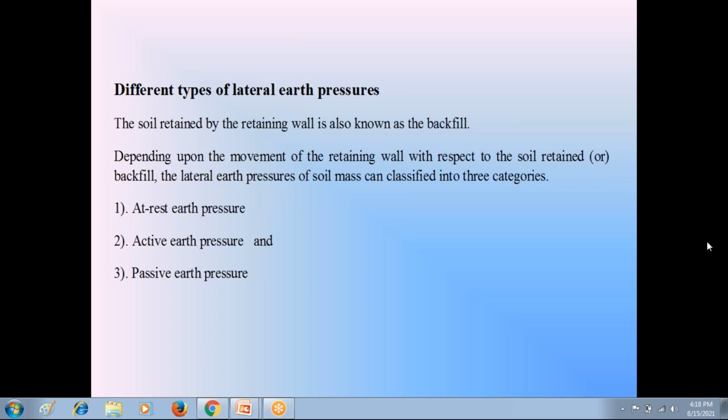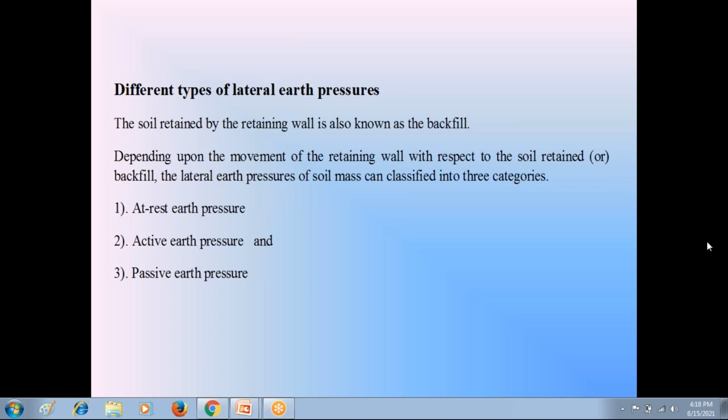Then, in between the wall, why are the holes provided? Those are the weep holes to allow water to move freely in the downward direction. Without those weep holes, the water remains at the backside of the retaining wall. That water applies pressure on the retaining wall, so the retaining wall is subjected to extra pressure from the water. Sometimes it leads to the failure of the retaining wall. To prevent that water pressure on the retaining wall, we provide the weep holes in the retaining wall.